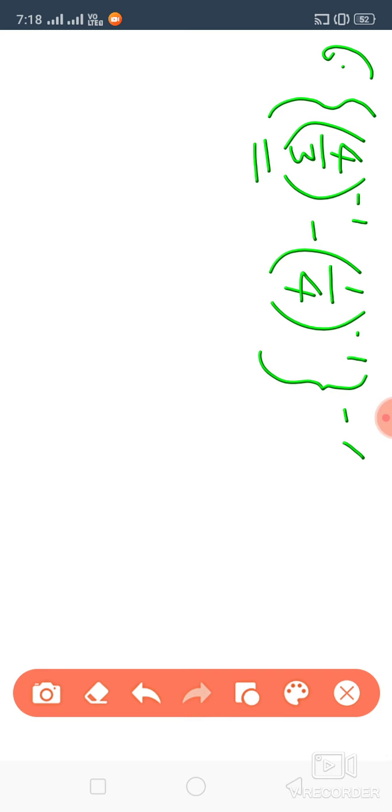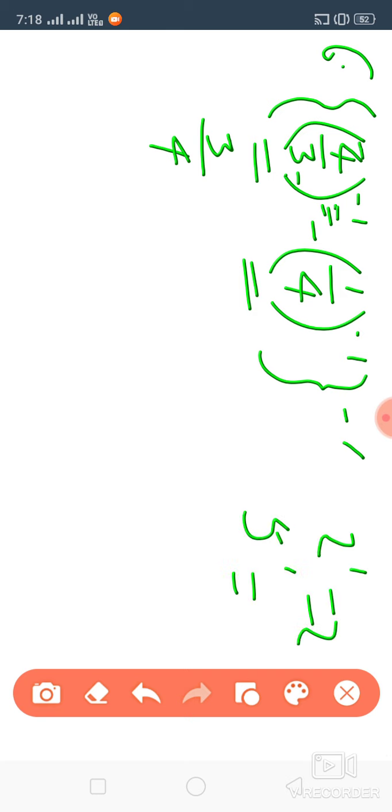So first of all we'll solve these small brackets. So (4/3)^-1, what will it become? Minus 1 is there. So to make the exponent from minus to plus, we have to take its reciprocal. 4 by 3 will become 3 by 4. So it will become (3/4)^1. To the power 1 means 3 by 4 only. Suppose 2 to the power 1 means what? 2 only. 5 to the power 1 means 5 only. So like that (3/4)^1 will be 3 by 4 only.